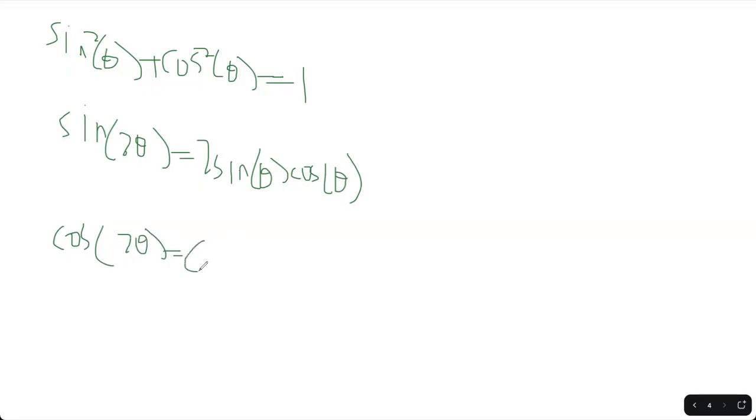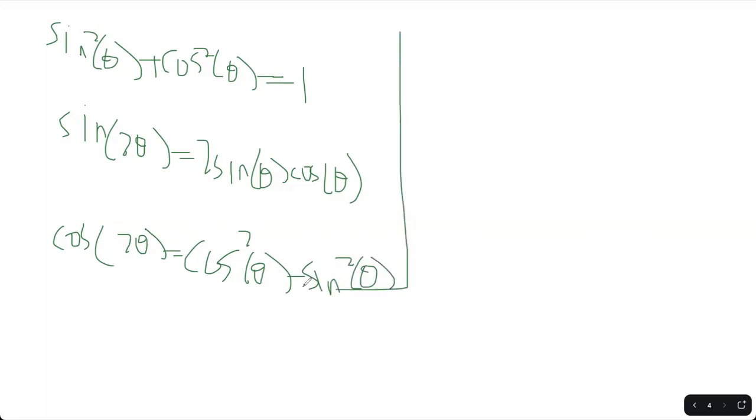It's going to be cosine squared theta minus sine squared theta. And like I said, there are 3 variations of this. You can use any one of them you wish, but this is the one I'm going to write down since it's pretty simple. 2 last sections in chapter 1, and chapter 1 is probably the longest one of this since